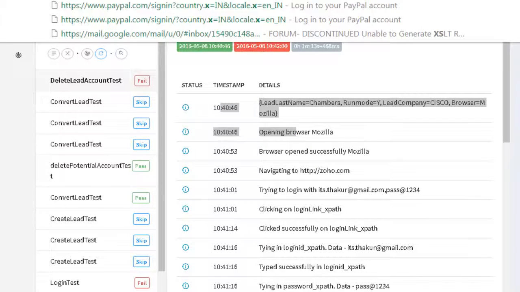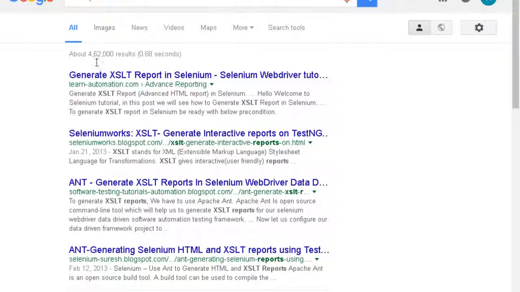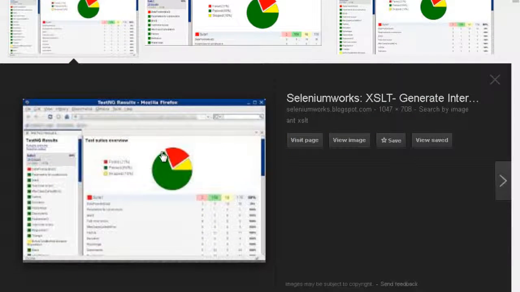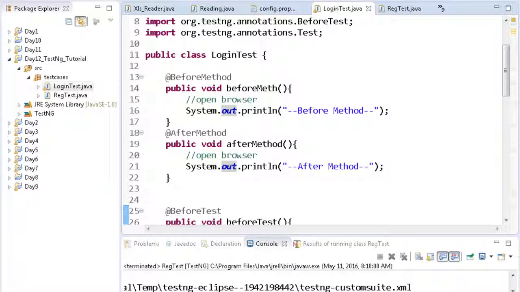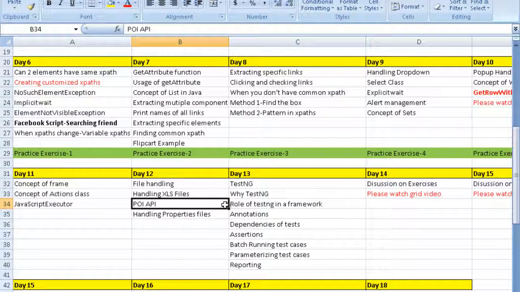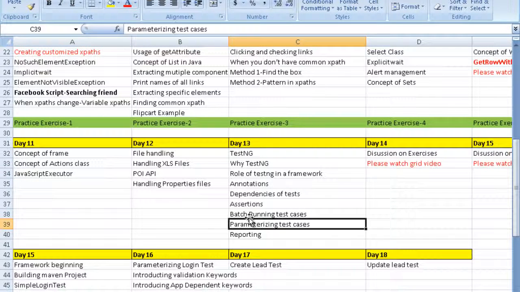You just type XSLT reports here, and they look like this. We'll also generate these reports. Reporting and batch running I will cover tomorrow because I need time. I've talked about parameterization, but didn't talk about batch running and reporting. I'll talk about it tomorrow.